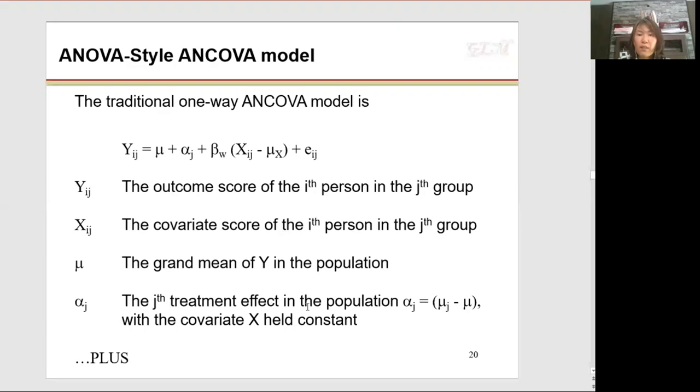Alpha is the jth treatment effect in the population. So you have a gender group, even though it says treatment, you don't need to think that way. Let's say j is gender. Then you have two groups, female and male. So alpha is beta 1 x1, the jth treatment effect in the population. So mu_j means if you say mu 1, mu 2, then j is 1 and 2. So mu 1 is the male mean, mu 2 is the female mean, and then male mean minus the grand mean is a group deviation, a group difference from the grand mean, right? And then mu 2, the female mean minus the grand mean, is the female group mean difference from the grand mean, right? So that's why we call it group effect,